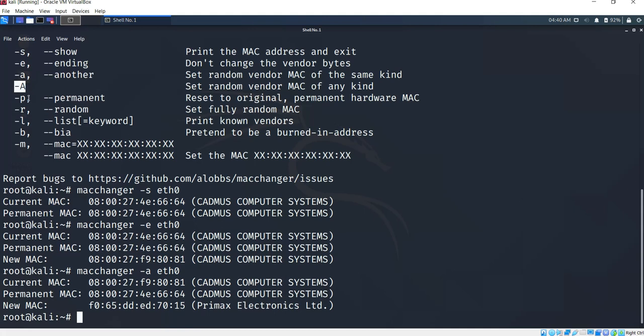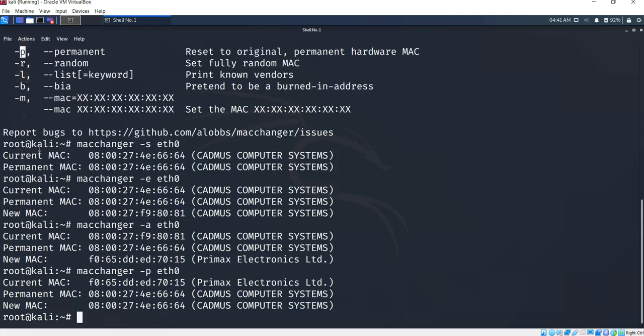Again, after changing the MAC address, if you want to get your permanent address, meaning your original address, then you have to type -p. For that you have to give macchanger -p eth0. See the current MAC address, meaning the previous one.